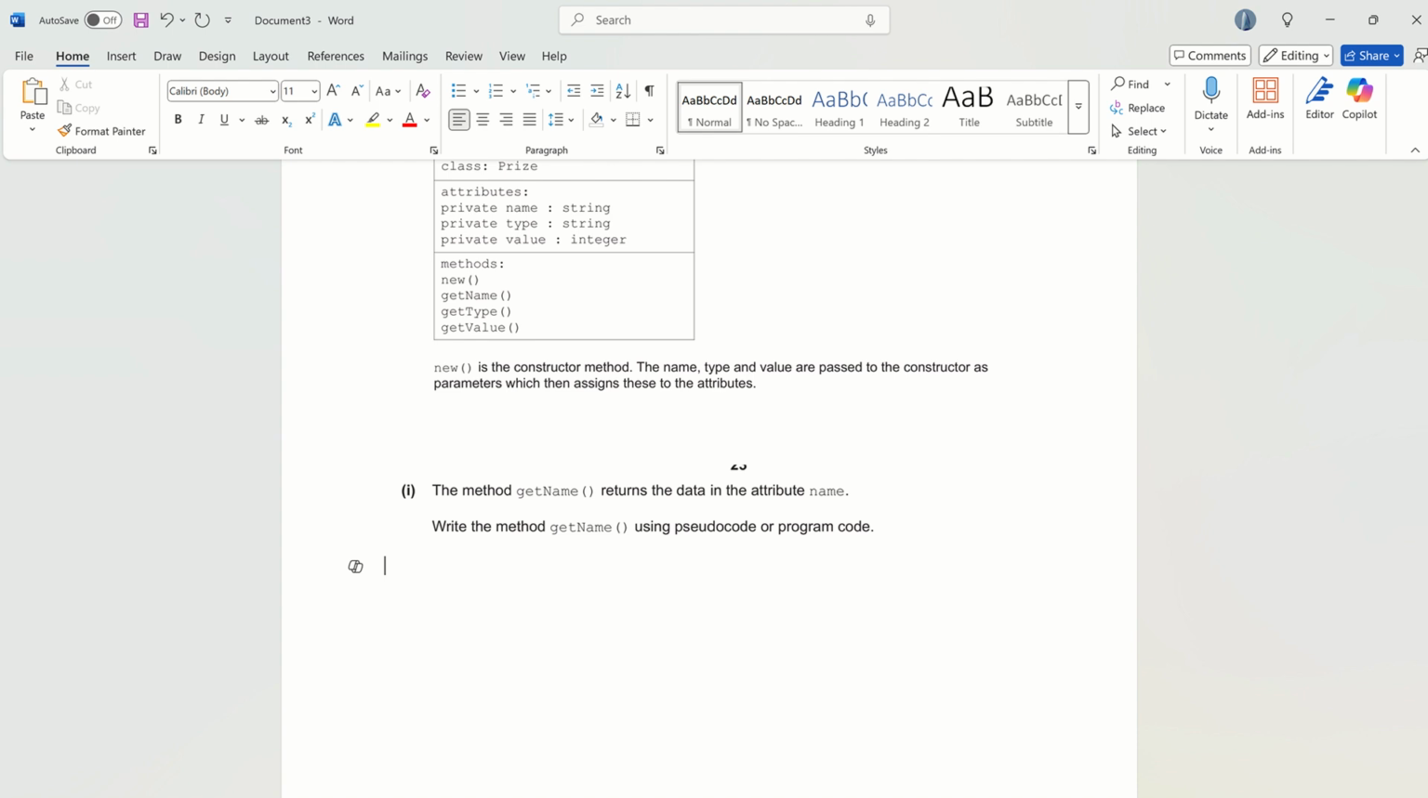So how to write a getter in Python? def get_name, self, no other parameters. In the mark scheme it says accept self as a parameter and nothing else. Because why would I pass through a name if I'm getting it out? I wouldn't. That's not how getters work. So I get name. Then when I return, I need to return self dot